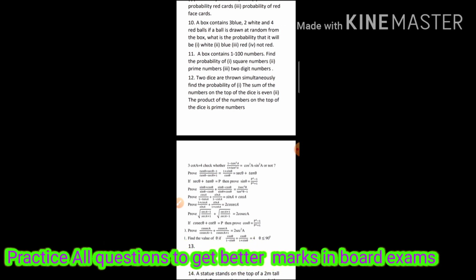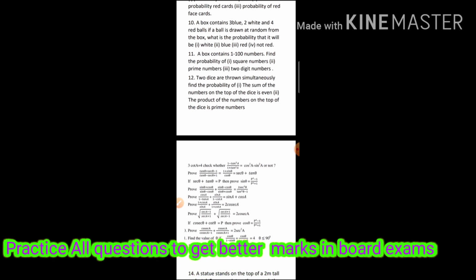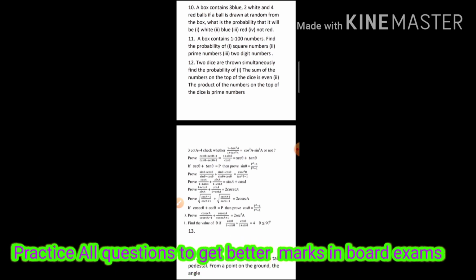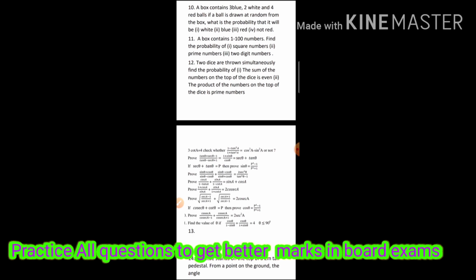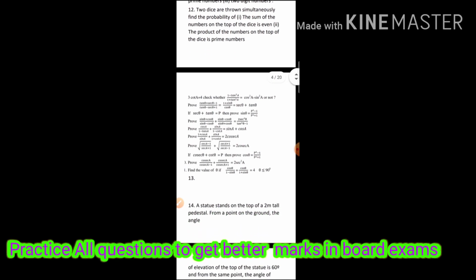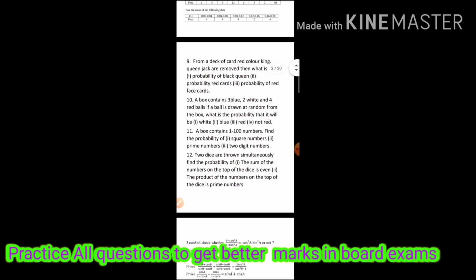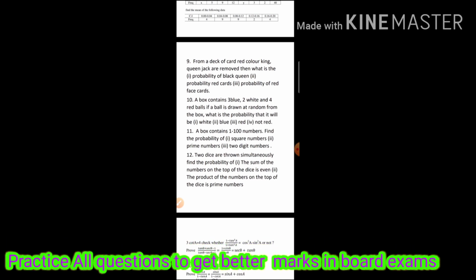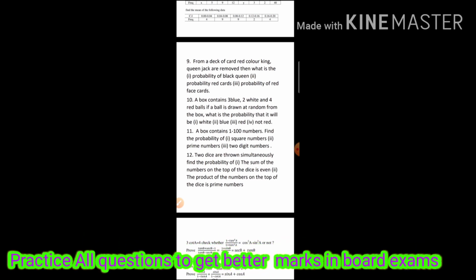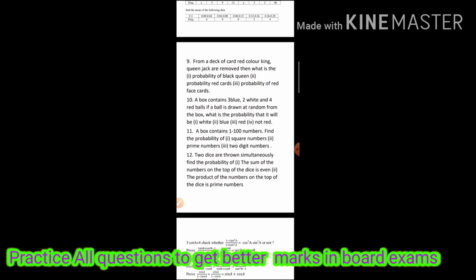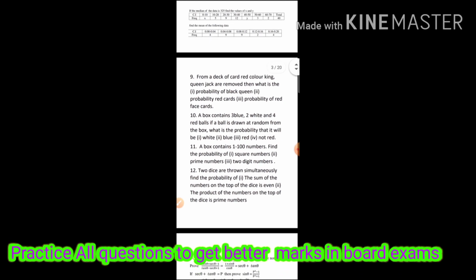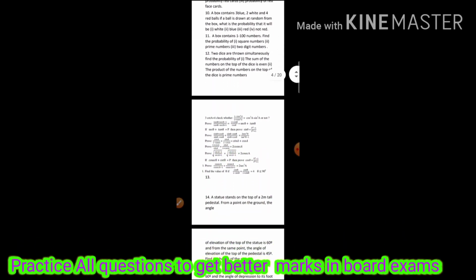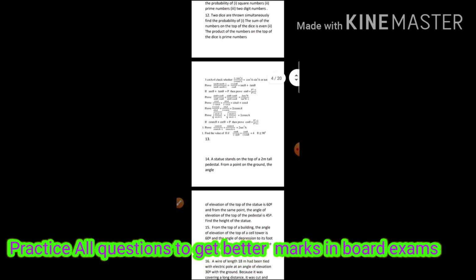Next, 2 dice thrown means you use the 6 power n formula, 6 square, 36 you will get. 1 comma 1, 1 comma 2, 1 comma 3, like that. If you write up to 6 comma 6, you will get 36. In a coin also, if you toss a coin, 2 power n formula: 1 coin means 2 power 1, 2 coins means 2 power 2, 3 coins means 2 power 3, like that. Those basics are compulsory. Whatever textbook problems, if you do, you will score easily in probability. I gave only a few sums.